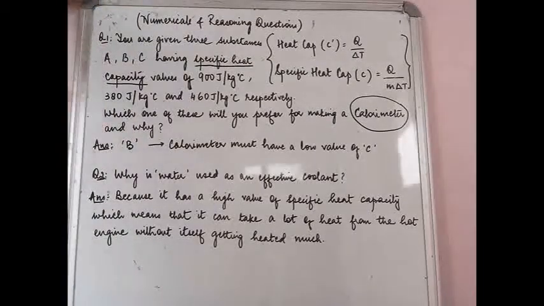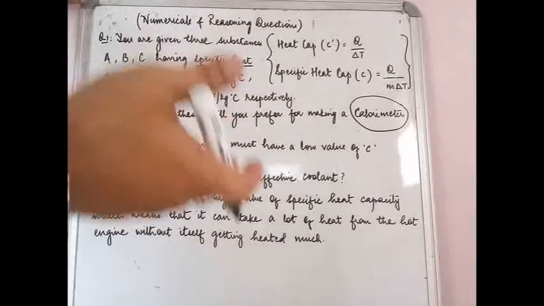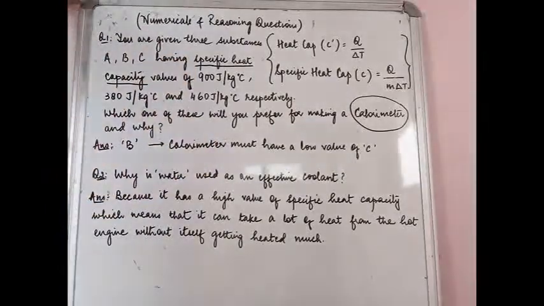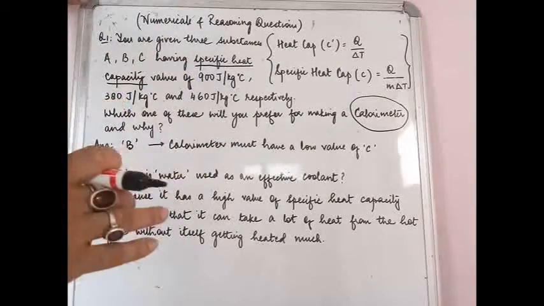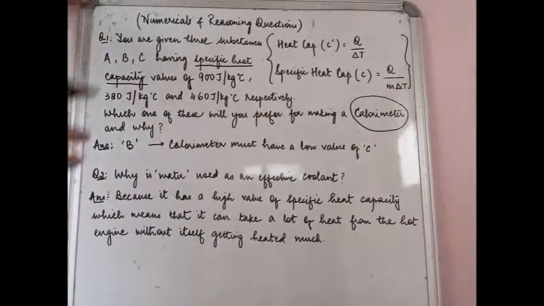Okay, so we have just learned in the previous lecture that a calorimeter is a container or a vessel which is basically used to mix two different substances at two different temperatures, allowing them to transfer heat from the hot body to the cold body, so that eventually both the substances, or both the liquids or both the solids, come to one particular common temperature.